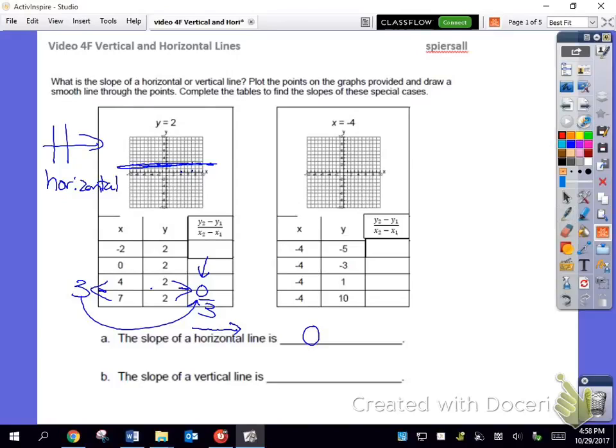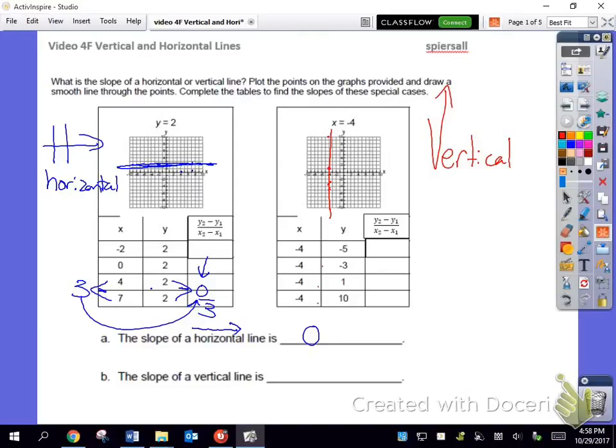Now, negative 4, negative 5. And then negative 4, negative 3. And then negative 4, positive 1. And negative 4, 10. Notice that makes a vertical line. Okay? So the way you can remember that is vertical